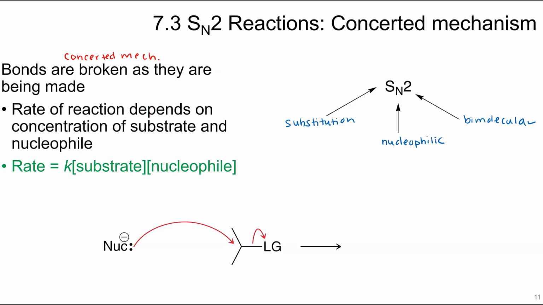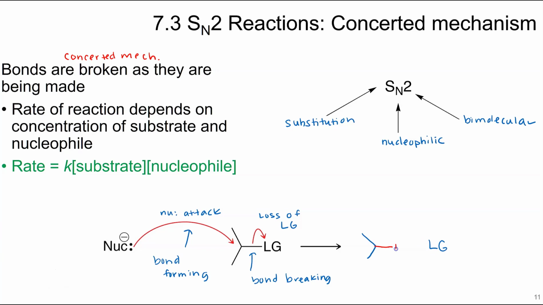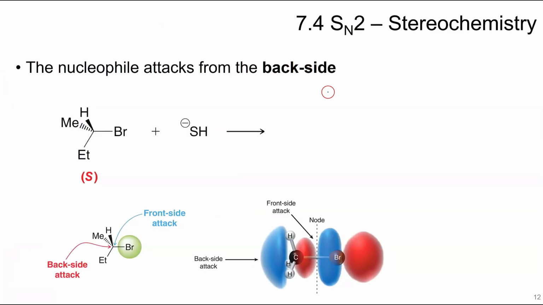So in an SN2 reaction, there are 2 steps that are happening at the same time. The first thing that happens is the nucleophilic attack. And while that bond is forming, we get a loss of the leaving group, and this bond is breaking. So this bond is formed with the nucleophile, and then the leaving group takes the electrons with it. The nucleophile attacks, or hugs,